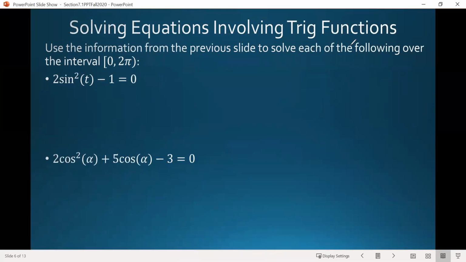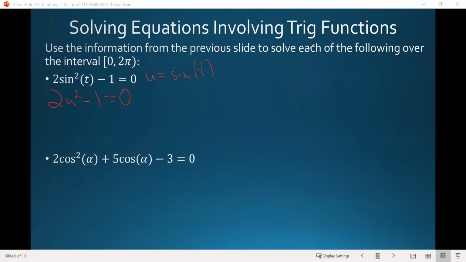All right, our first one here now, we have 2 sine squared t minus 1 equals 0. And you're probably catching on by now. We'll again start by doing a u substitution. In this case, I'll make u equal to sine of t. This becomes 2u squared minus 1 equals 0,